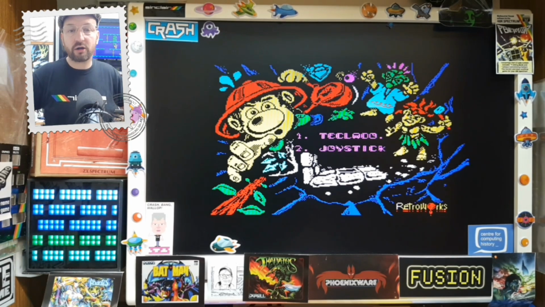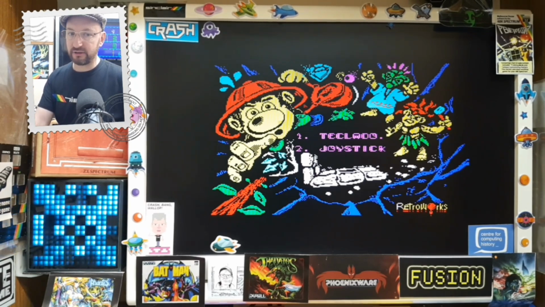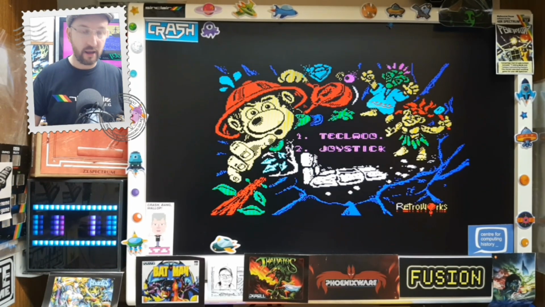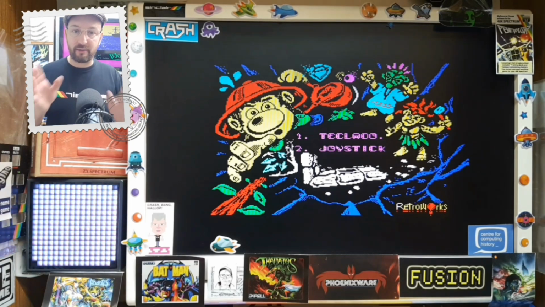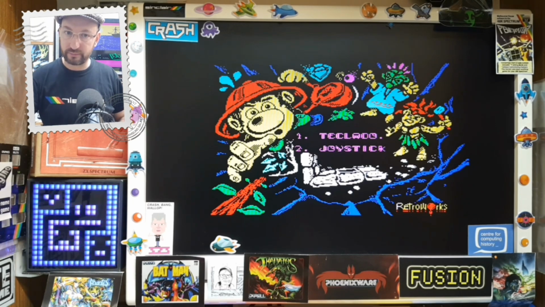The keys are QA, OP, M and space. M is fire and shoot, and space is jump, I believe. So we're going to go with that, and we're going to have a look at the game in a moment. Remember, it's going to start off pretty dark, so if my autofocus plays up, I do apologise, but it will